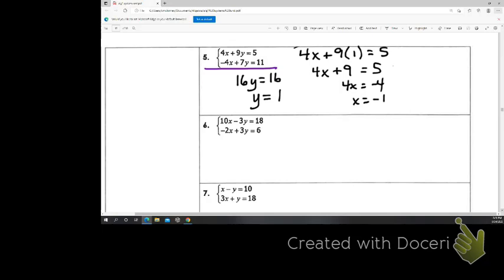And once again, you can try the check. 4 times negative 1 would be negative 4, and 7 times 1 is 7, and negative 4 plus 7 is indeed 11